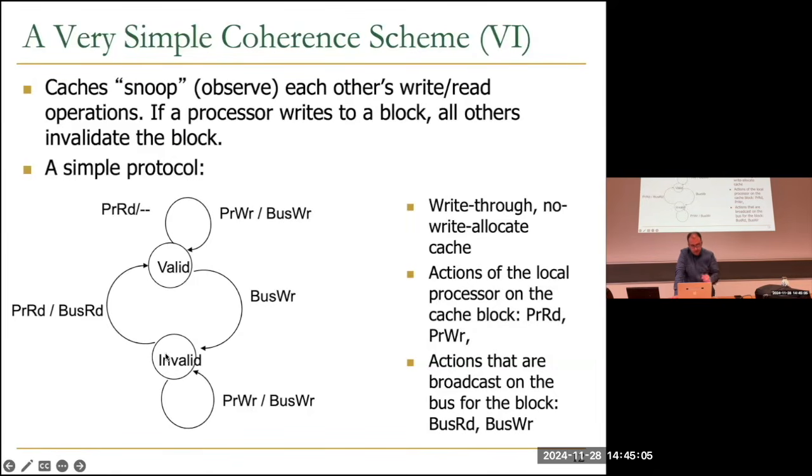So from another processor perspective, if another processor has the data, like it was in the valid state, and it observed bus write, then it goes to invalid state, because it means that the copy that I have is obsolete. So I'm going to make it invalid such that if the processor, like let's say P2, accesses that cache block, it encounters a miss such that you need to go to the main memory and load it. And we know that the main memory copy is actually up to date because we have a write through cache, right?